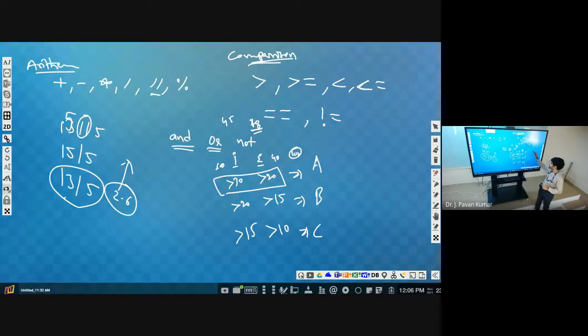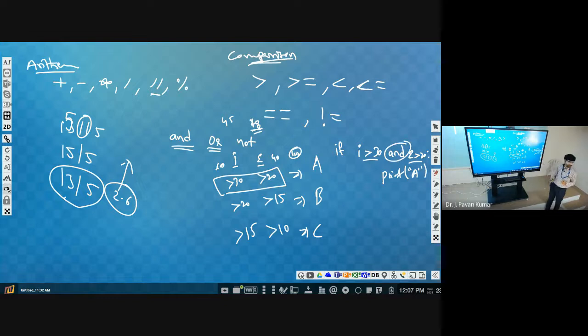Suppose the constraint is that internal should be greater than 30, here we will use and, one more condition, external should be greater than 20, then print A. This we will use with if. Got it? To connect two conditions, we use and.